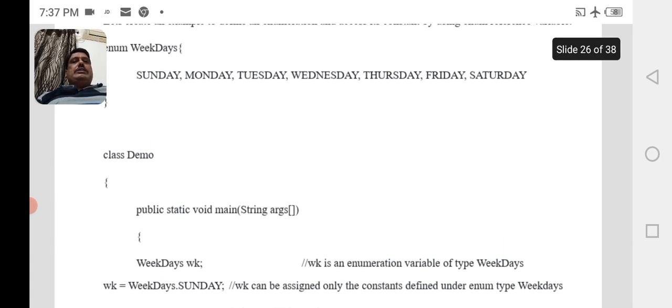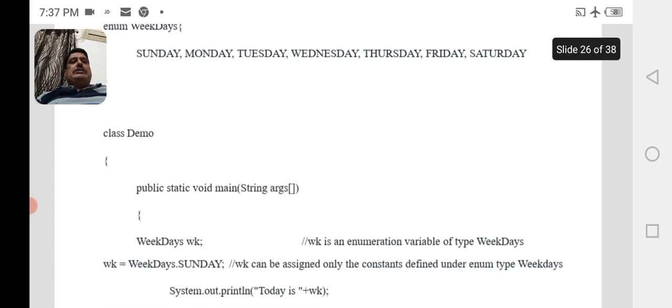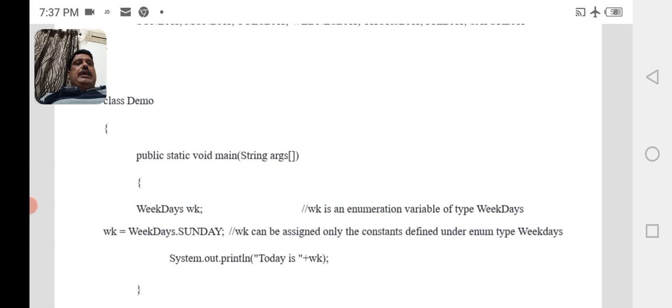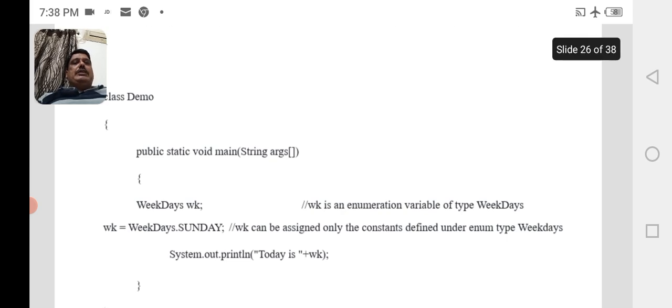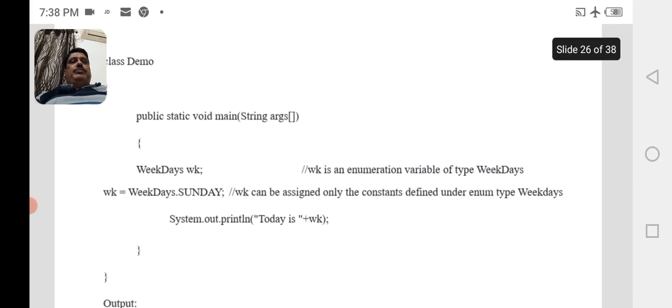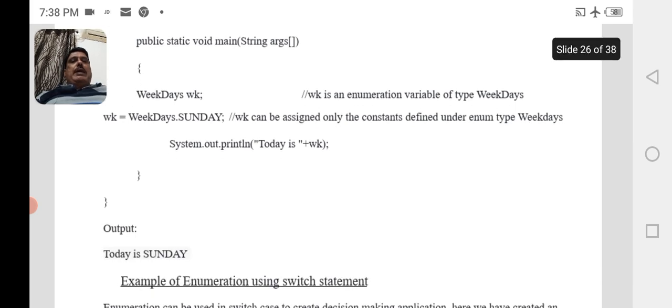So weekdays is the enumeration and WK is an enumeration variable of type weekdays. WK equal to weekdays.Sunday. WK can be assigned only the constants defined under enum type weekdays. System.out.println today is plus WK. When executed, you will get: today is Sunday.